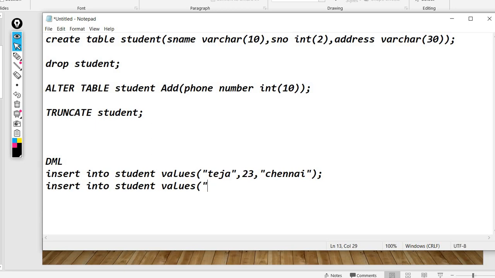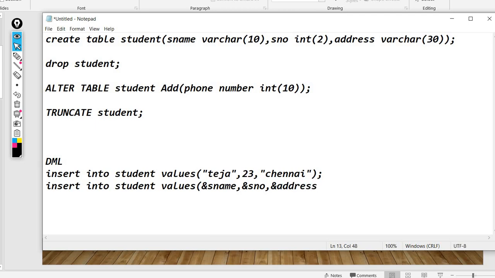So I'm giving ampersand s name, comma, in double quotes or you don't need double quotes, ampersand s name, ampersand s number, comma, ampersand address.